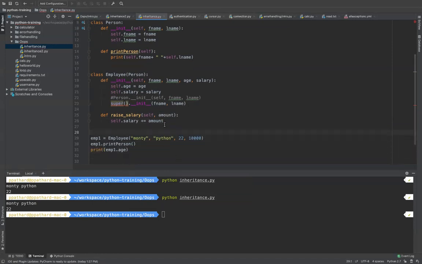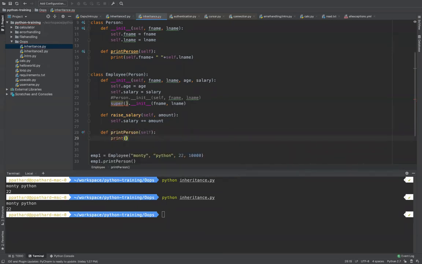Now, there is a print person method, right? I can use the same functionality here. I will do def print person, and I can do print self dot f name plus, right,